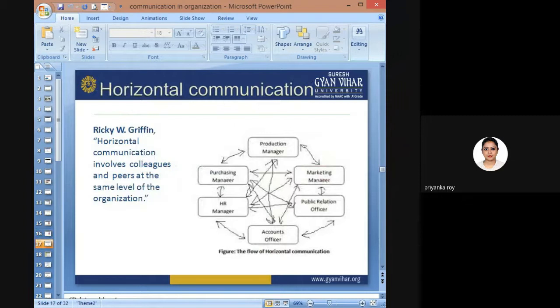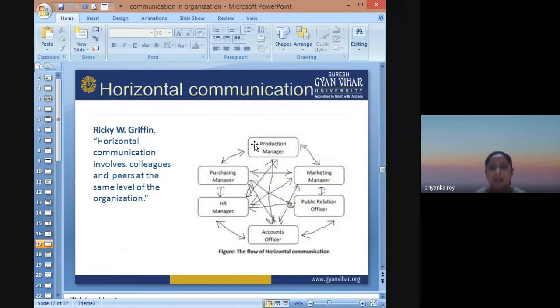Horizontal level of communication involves colleagues and peers at the same level of the organization communicating with each other. Okay, so here this is a diagram showing horizontal communication that is happening. Like production managers and purchase managers, HR, account officer, public relation officer, marketing manager, they are communicating among each other, and they can communicate one by one, and they can communicate all together. They are all part of horizontal communication because they are talking at the same level